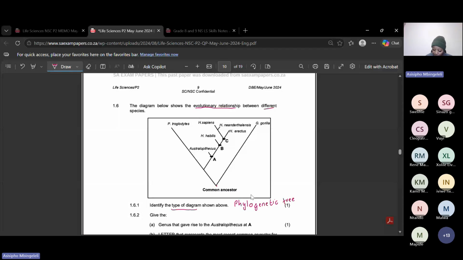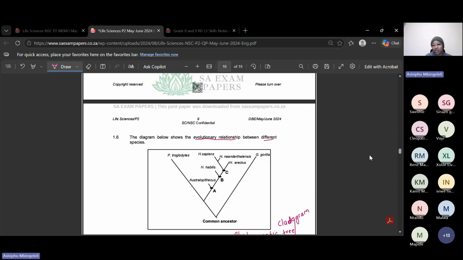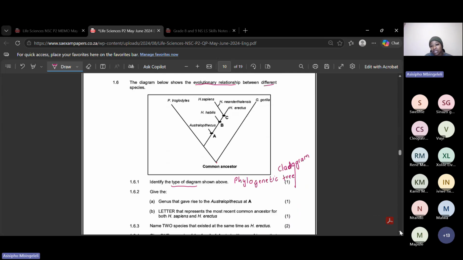If you do not want to say phylogenetic tree, you can say cladogram. It means the same thing. Okay, so that's a phylogenetic tree. And please don't say phylogenic, it's genetic, not genic. All right. And then 1.6.2,